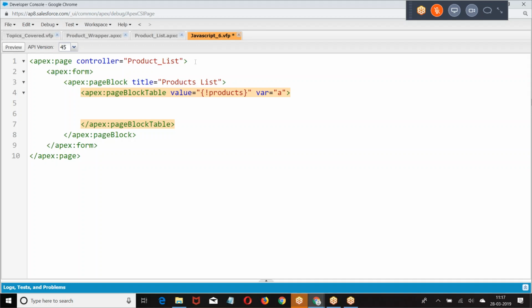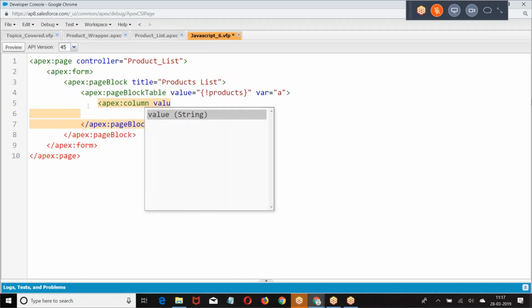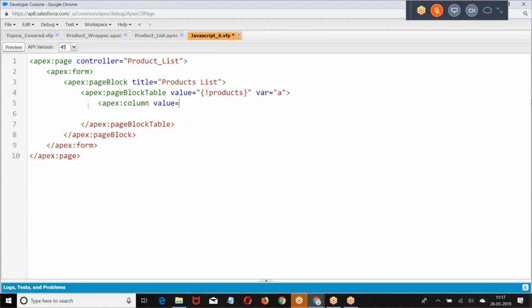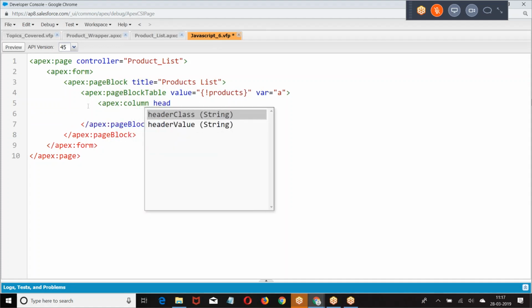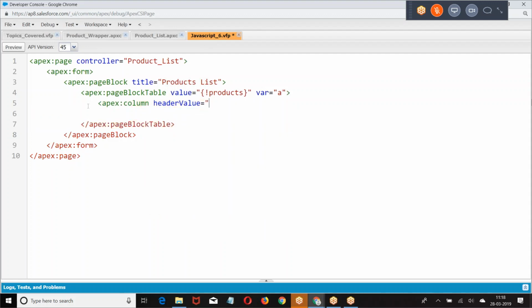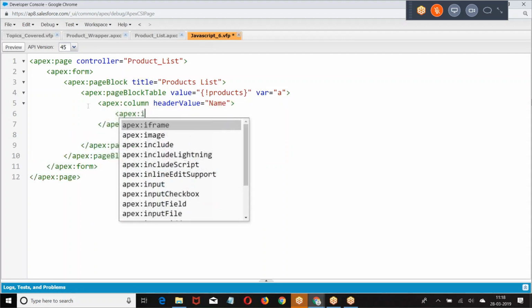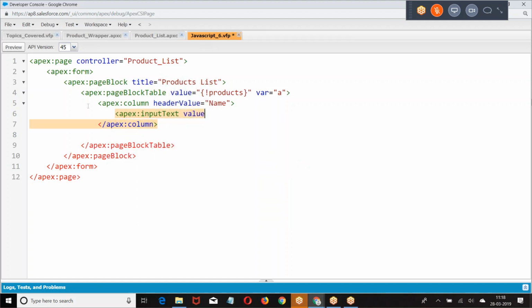Products where A. Column value equal to, right. We are going to give that input text. Right.